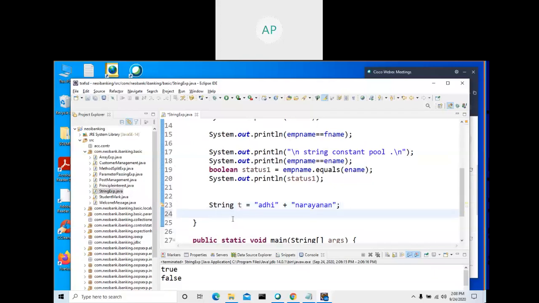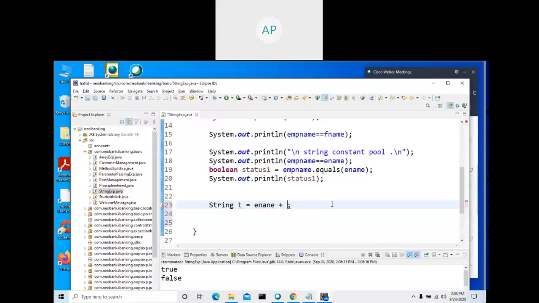This is not the right approach. Don't do something like this one. Rather than concatenating, you can use string buffer. Or else just type ename.